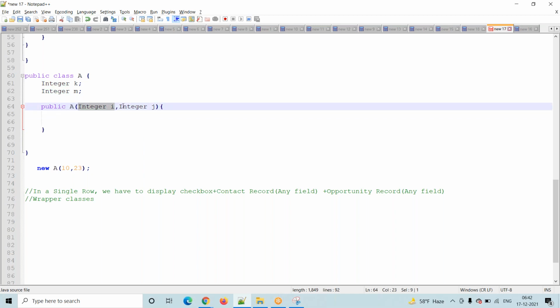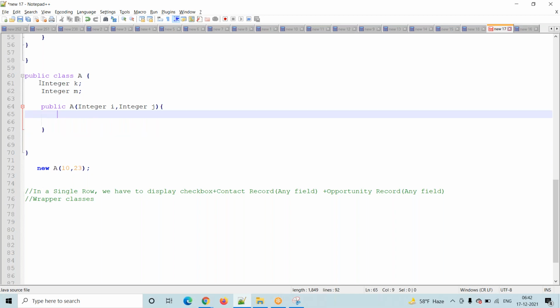First, they are local to this particular constructor. We have rights to perform anything inside this block only. Suppose you want to use them outside, then you have to declare some variables. I will assign to that variable, k equals i.